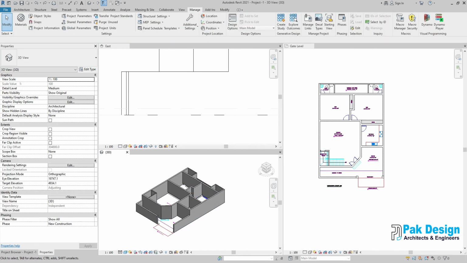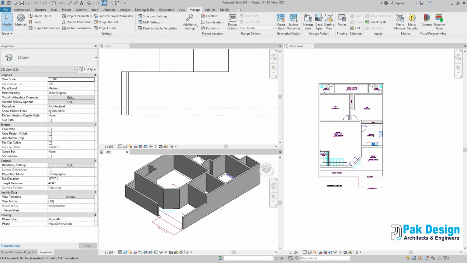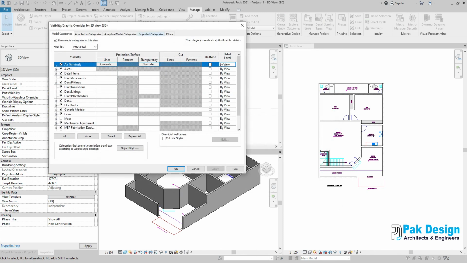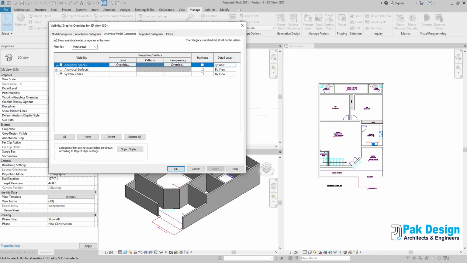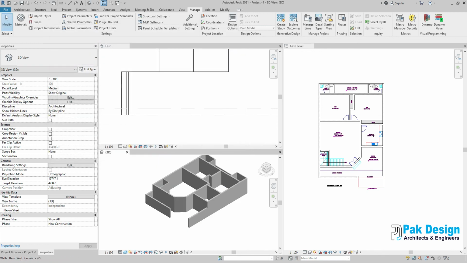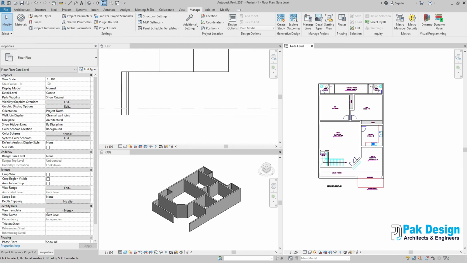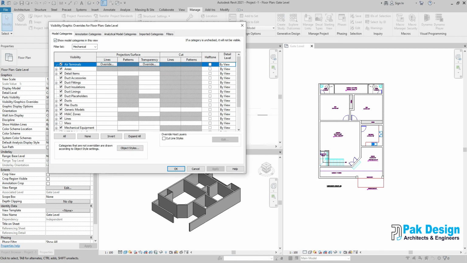If you don't want to see this in 3D view, again you will go in visibility graphics, and there is a link, you can unselect, finish, it's gone. Same thing here. If you don't need any link anymore, you need to go in visibility graphics.